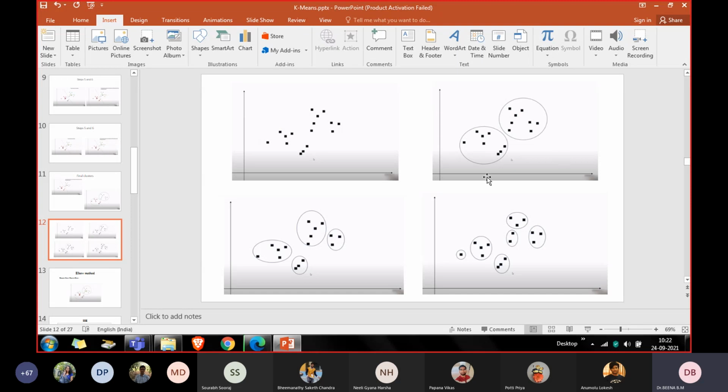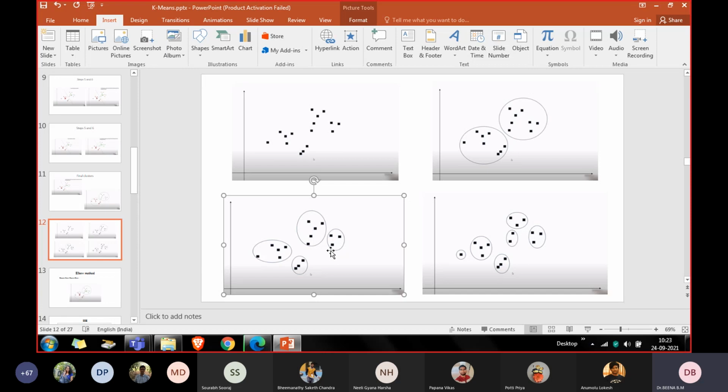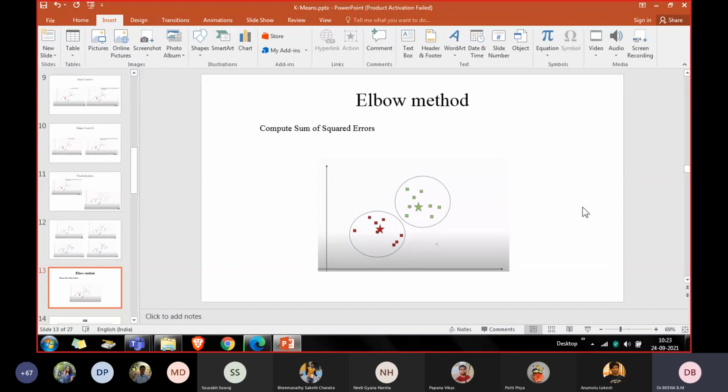When the data set is given to me, I can say it can be categorized into 2 clusters. One student can say no, it can be categorized into 4 clusters. Some other student can say no, there are 6 clusters. We do not know the perfect value of K, the number of clusters. So one method to determine the number of clusters is the elbow method. What is this elbow method? It decides the number of clusters to be generated for a given data set.